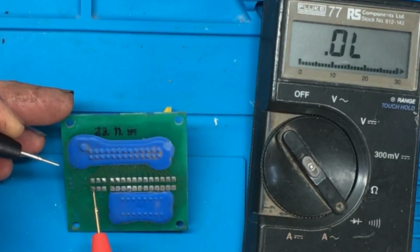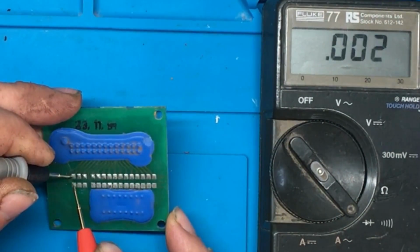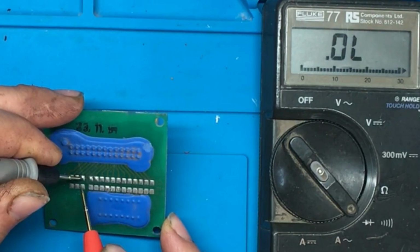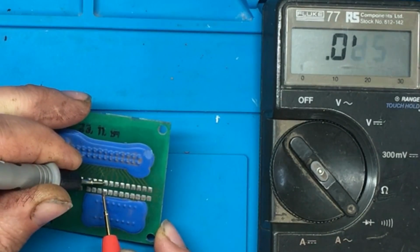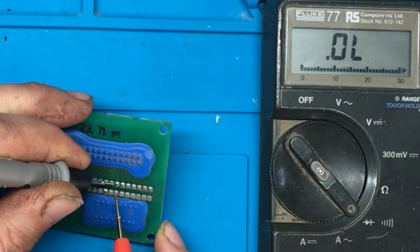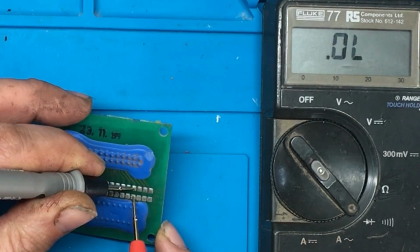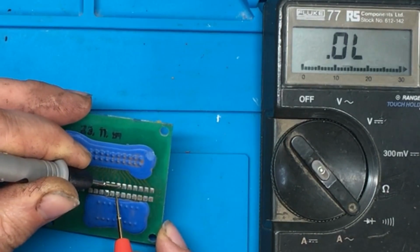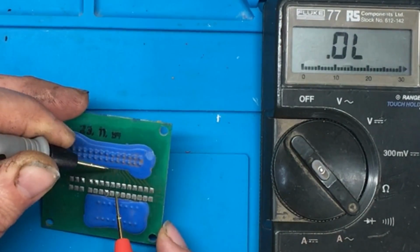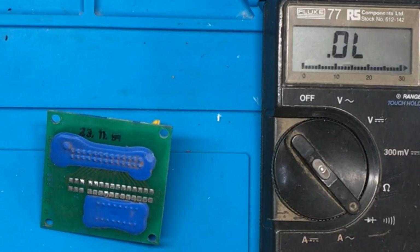So there's fuse 1, which is across those 2 pads there. So if I measure fuse 1, fuse 2, fuse 3, 4, 5, 6, 7, 8, 9. Nothing. 10, 11, 12, 13, 14, 15. So nothing at all on fuse 9 there. So I'm going to find a 0 ohm resistor and just solder it across the back here, and I think that should suffice. Right, the surface mount resistors I've got aren't wide enough to cover the gap here, so I'm